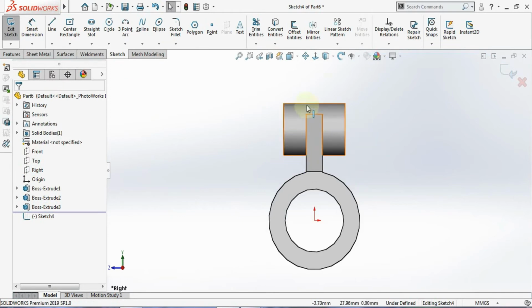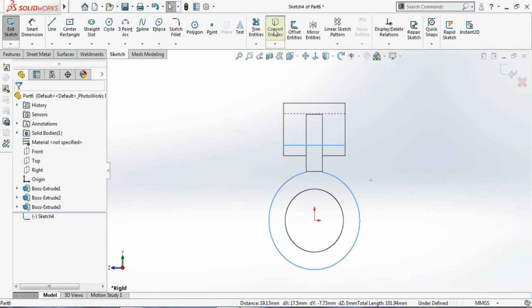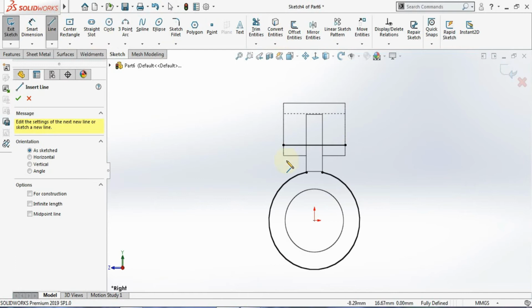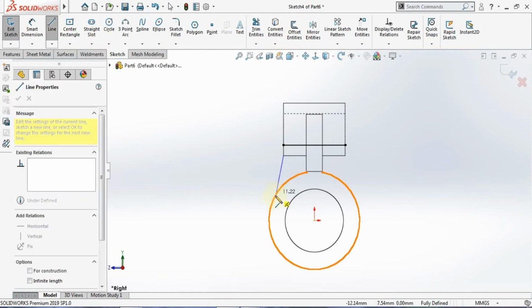I'll change the view mode once again. So I'll keep this hidden line. Now I will use this hidden line here also once again. So I'll just do convert entities, this and this. Click on the convert entities. Right now you have to take a line. So I will take a line from here to this.